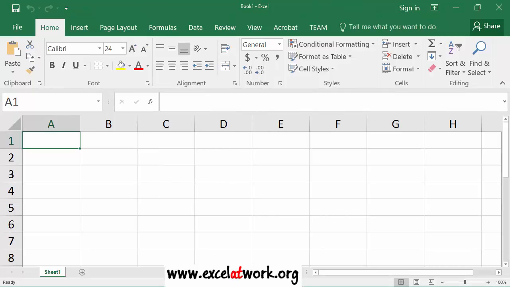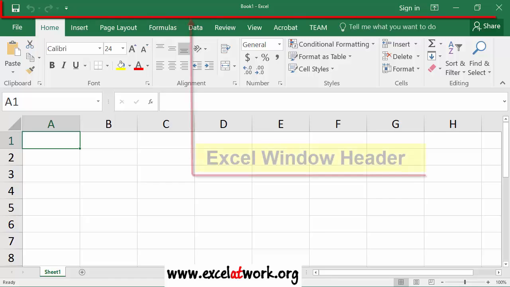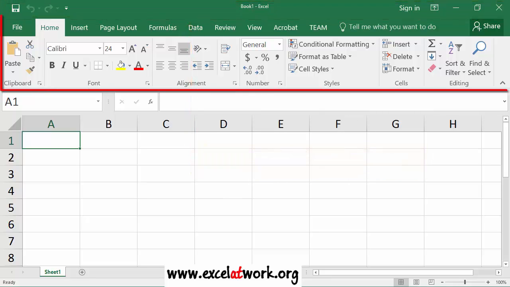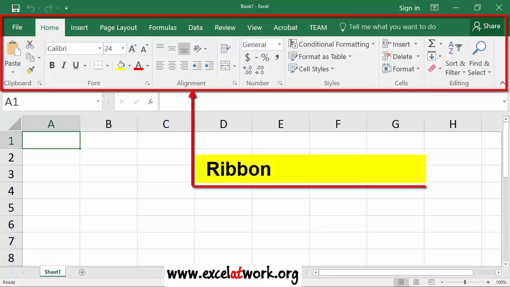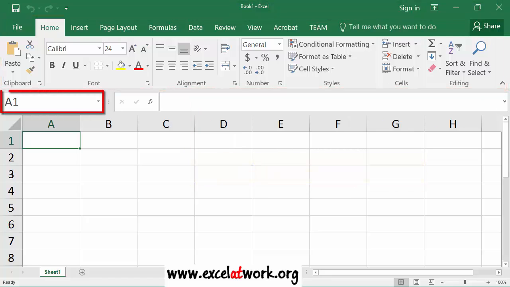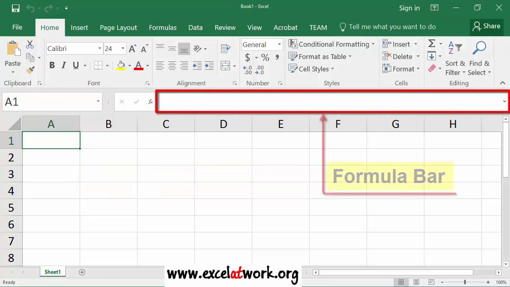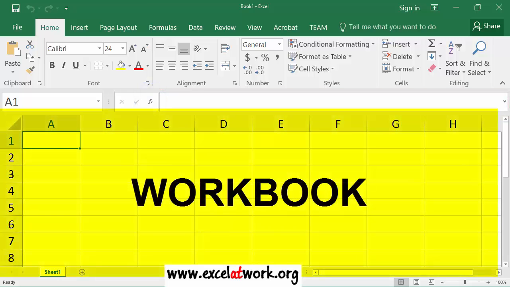The Excel window is what you're looking at on the screen. The main parts that make up the Excel window are the Excel window header, the ribbon, the name box, the formula bar, that is the text box to the right of the letters FX, the workbook,